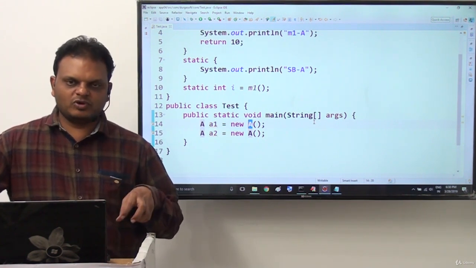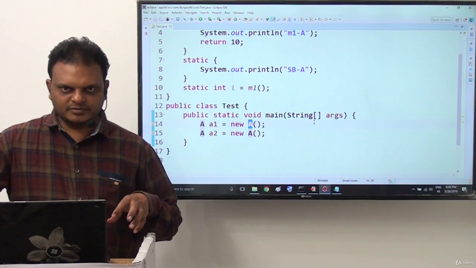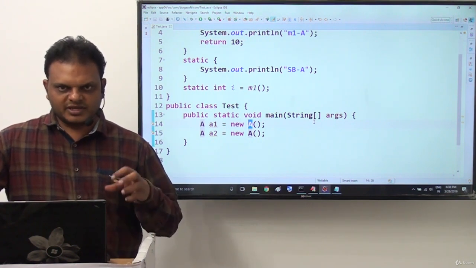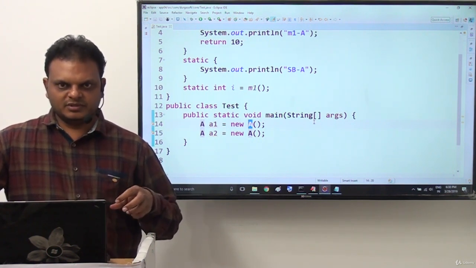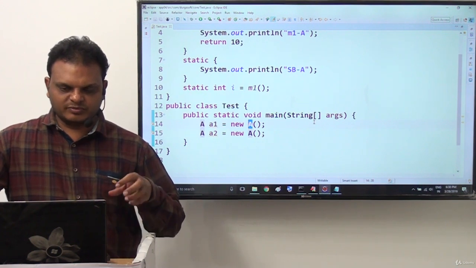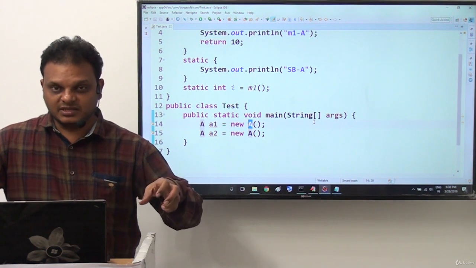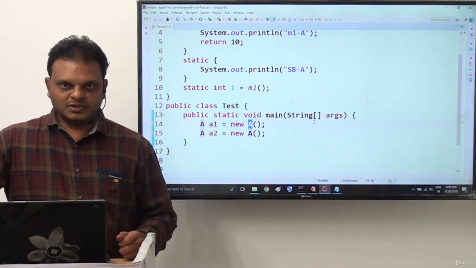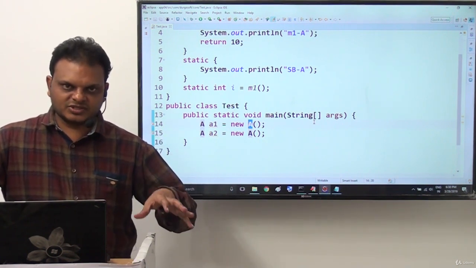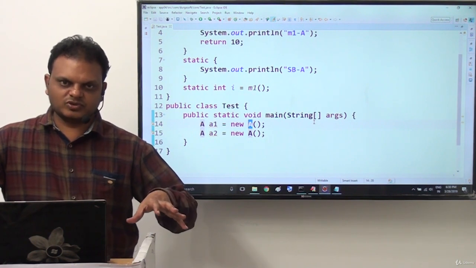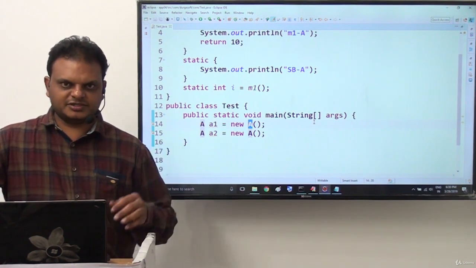But just before loading, JVM has to check whether the class bytecode is already loaded or not. Previously, whether the class bytecode existed inside the respective memory, JVM will check that.